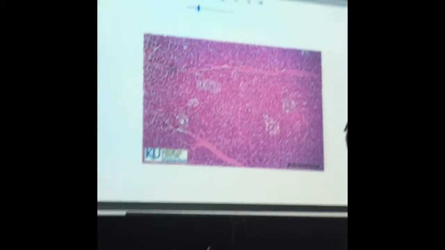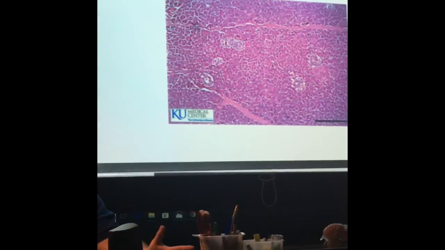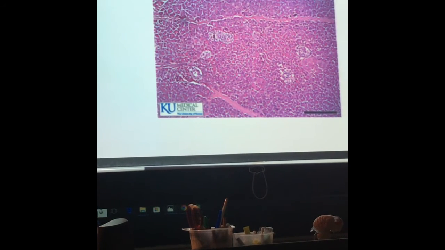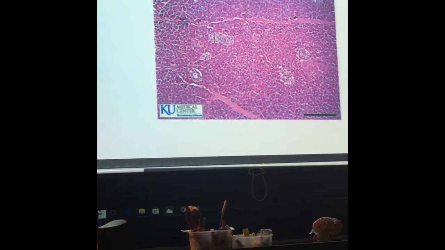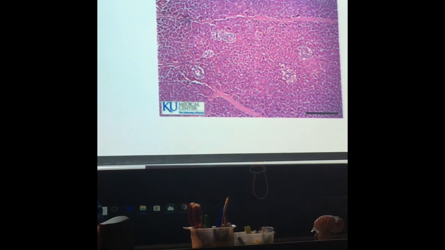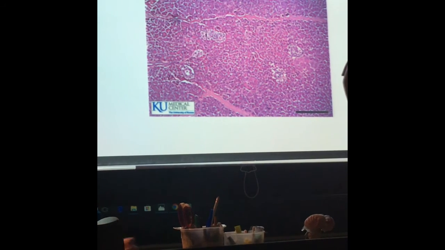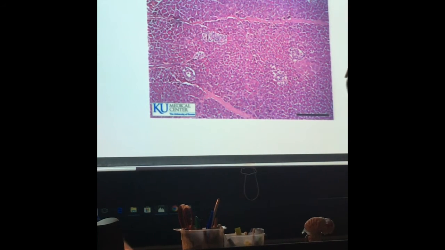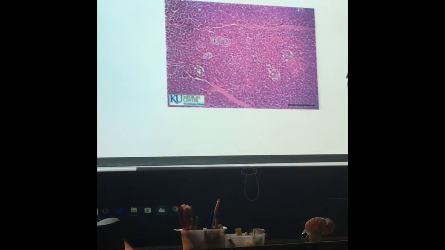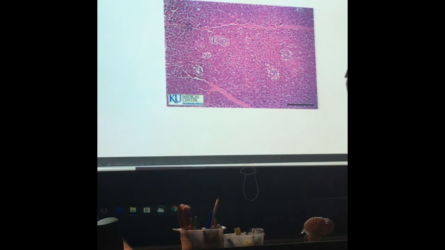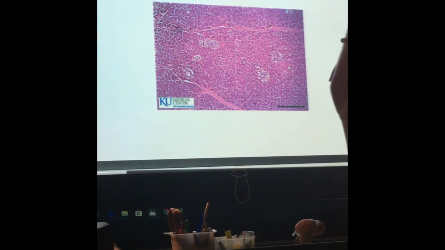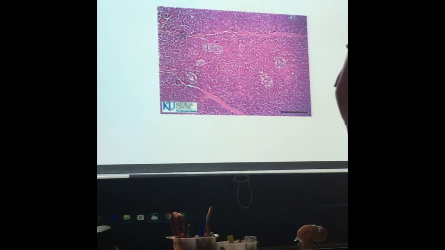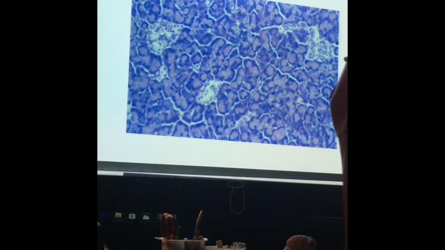I don't think of the pancreas as a gland, so you might think of it more as an organ, and that's fine. The pancreas is interesting because it has both endocrine and exocrine function. The exocrine function is involved in digestion, and we'll revisit that in a few weeks. But for the endocrine function, we're interested in these areas of the pancreas that are called pancreatic islets. Okay, they're also called the islets of Langerhans. Here they are. When you look